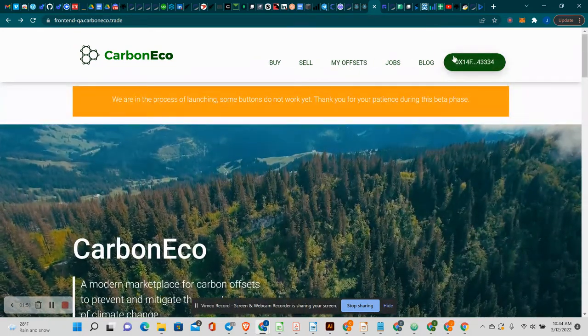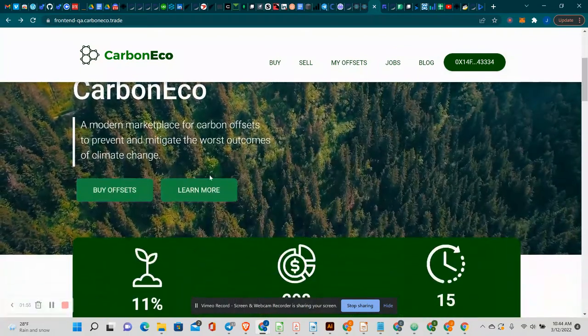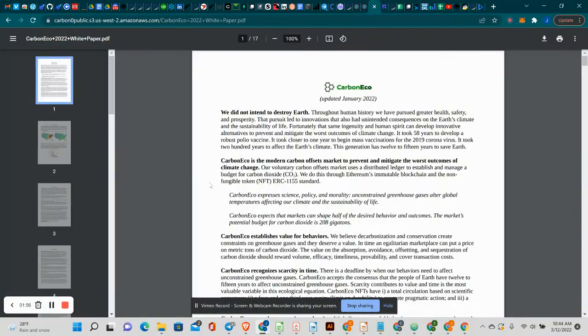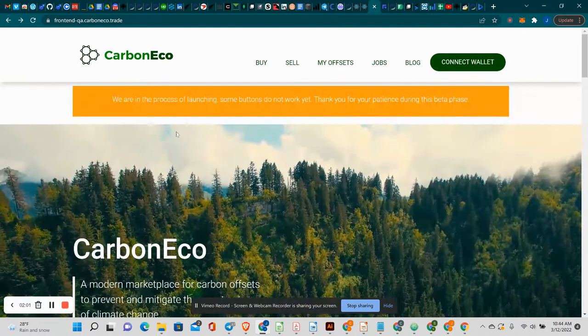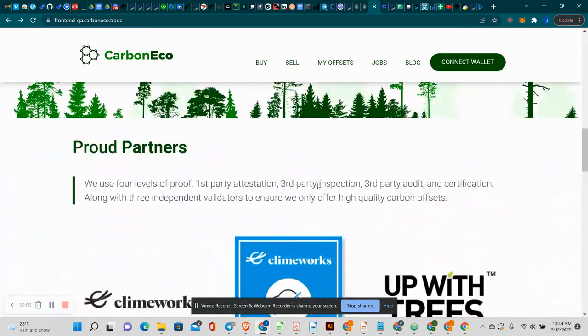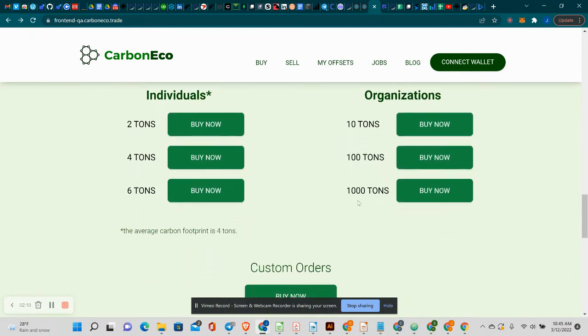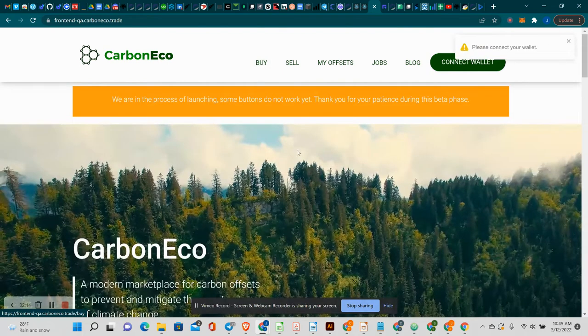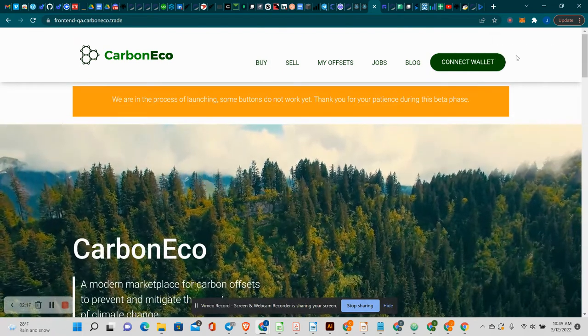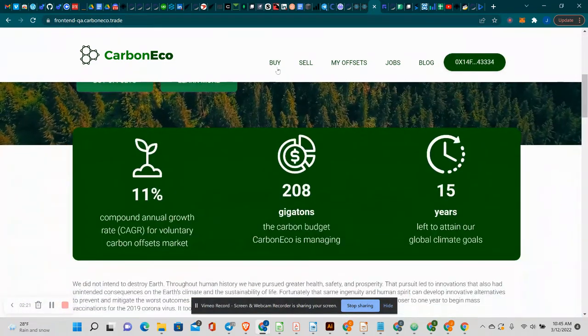First we can connect a wallet. Second, the Learn More page is going to take people to our most recent white paper. The Buy Offsets page, as well as the Buy Offsets buttons in this area, are going to take customers to our Buy page. And we've done our best to make that an expedient process for them when they get to